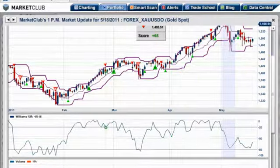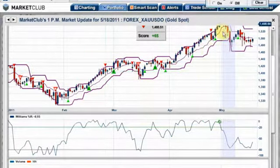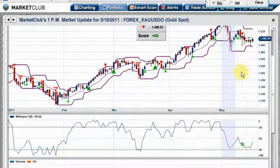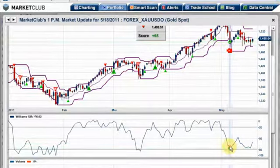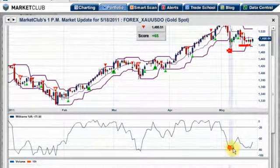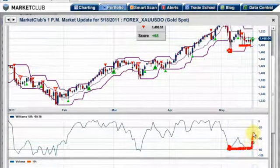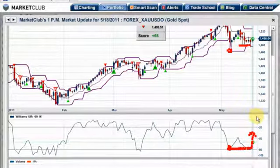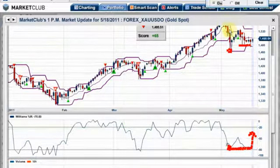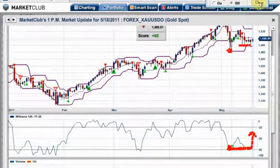So if you look at this market right now, and this is the difference between silver and gold, in my opinion, right now, it's going to favor silver because here's the low point right here, and there's the low point there. We did not make a new low, so there's no divergence here whatsoever. So it looks like it's more of a flat. We can see a pullback, but in my opinion, silver is going to accelerate faster on the upside than gold right now. So let's take everything off the screen, go back to the charts, and look at our next market,